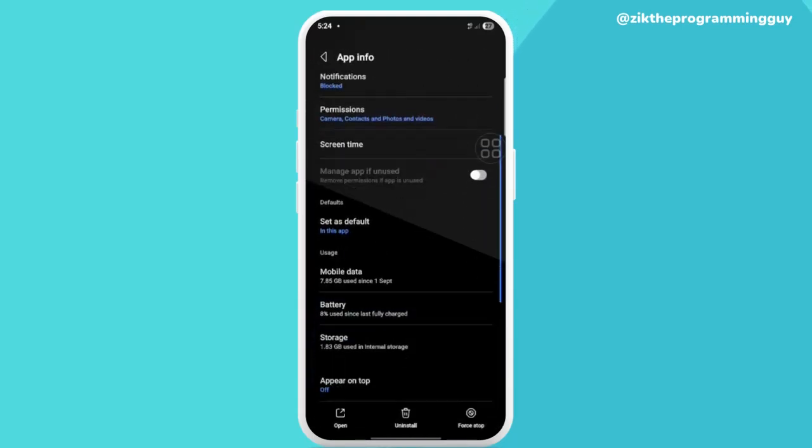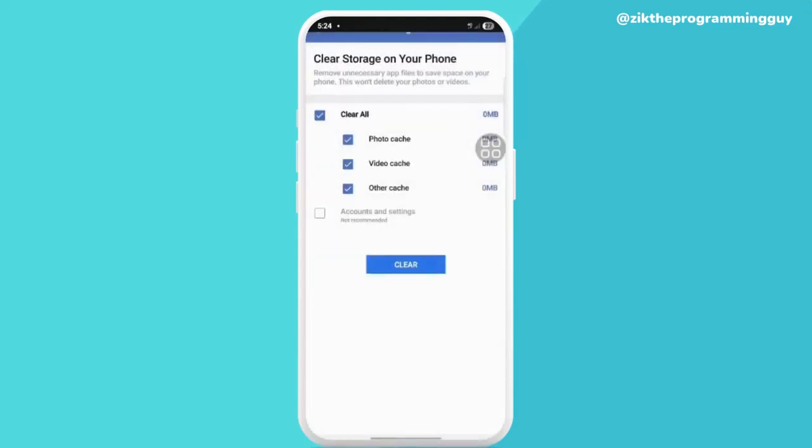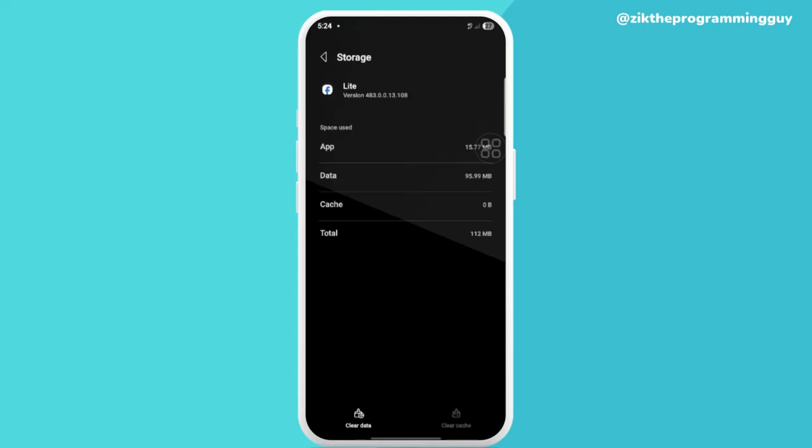So what you need to do, click on storage and clear that cache right there, and you can also clear the data as well. You understand? So after doing that, you can now